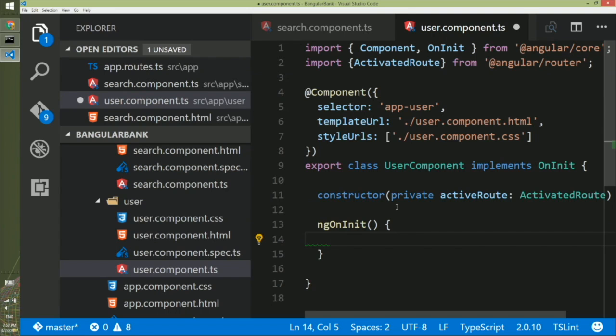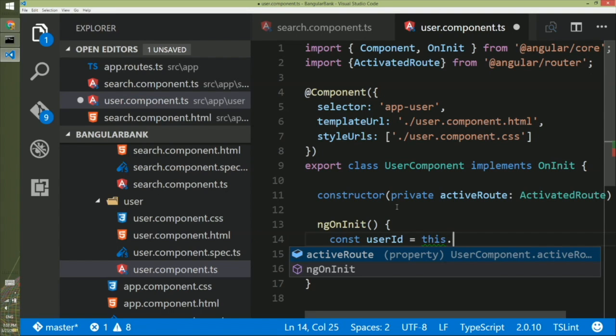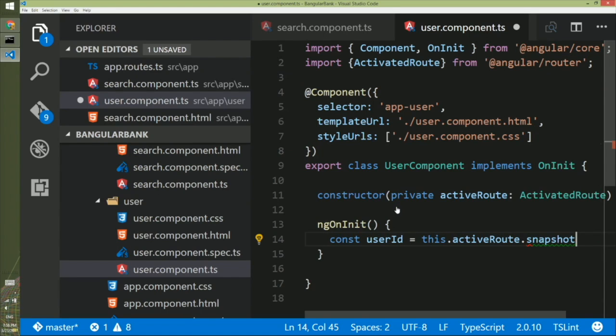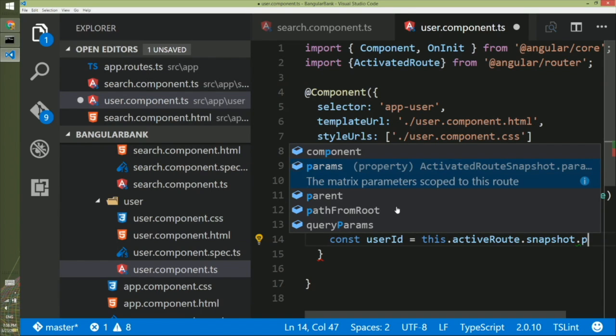So inside this ngOnInit, we would like to read the current route parameter, and then we would like to set it to a constant named userId, so that we can fetch data based on the user ID, and the value of userId would be this.activatedRoute. To get the snapshot of the route, it is snapshot, not Snapchat. Don't get excited about Snapchat. This is snapshot, and in the snapshot we will get the params,